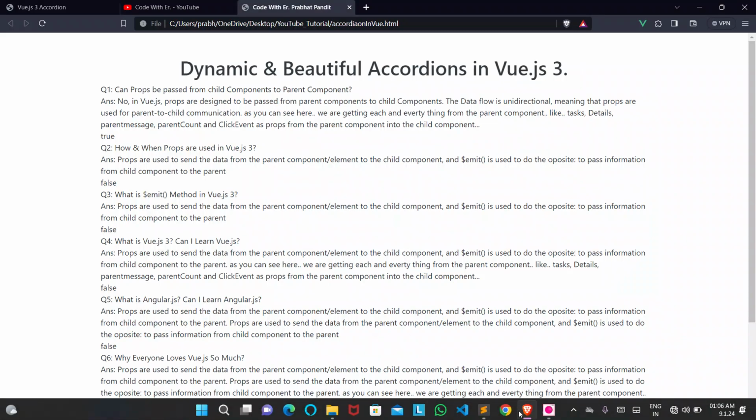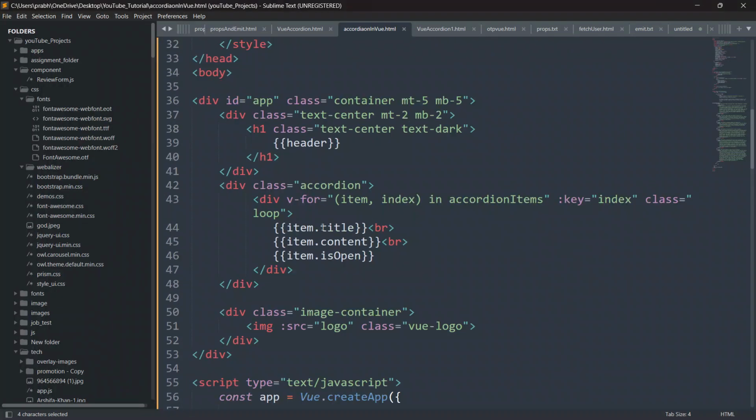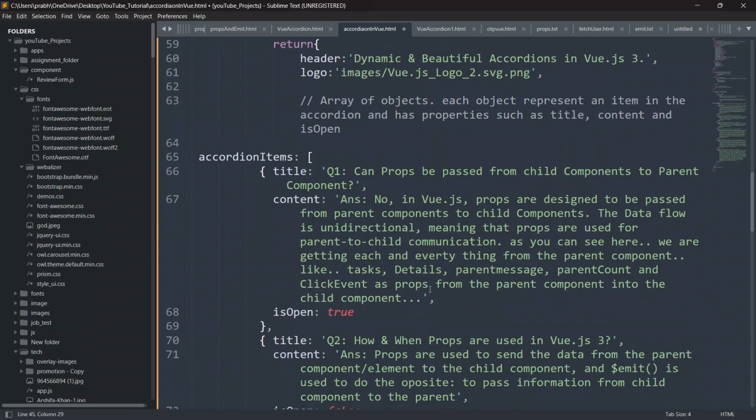So guys, for this, just go to the code, and we have to remove this. We don't want to show the isOpen. We will show just the title and just the content from this array of objects, accordion items. So for this, guys,